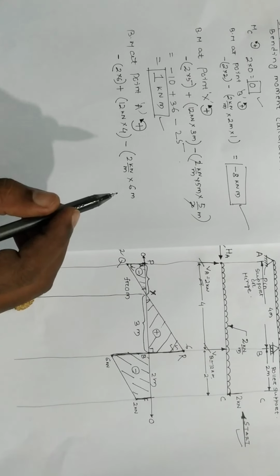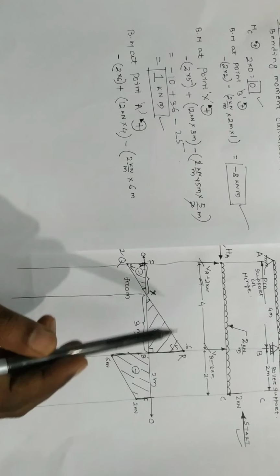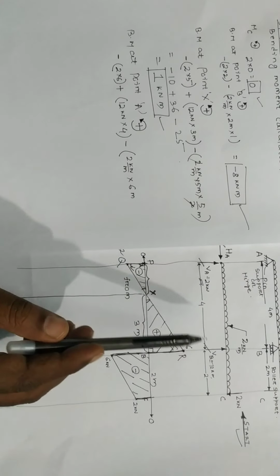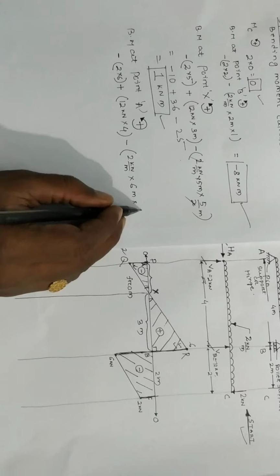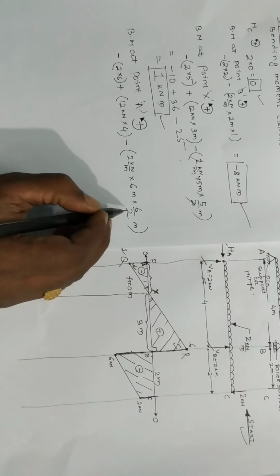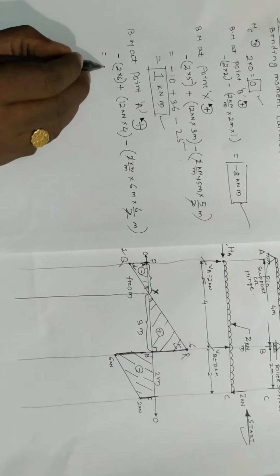And where it is acting, because we want to calculate, we have to get this perpendicular distance between the line of action of the force and point A. So line of action of this force will be geometrical center of this beam. Geometrical center of this beam will be 4 plus 2, 6 divided by 2, 3. Or I can write 6 by 2 meter. This 2 cancels out. So how much it is getting? Minus 12 plus 48 minus 6, 6 is 36. Okay, so here you see they are coming 0.